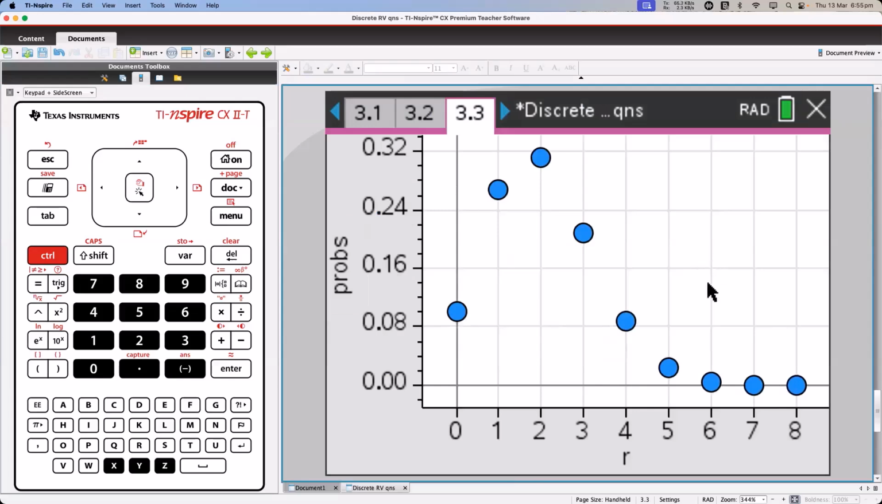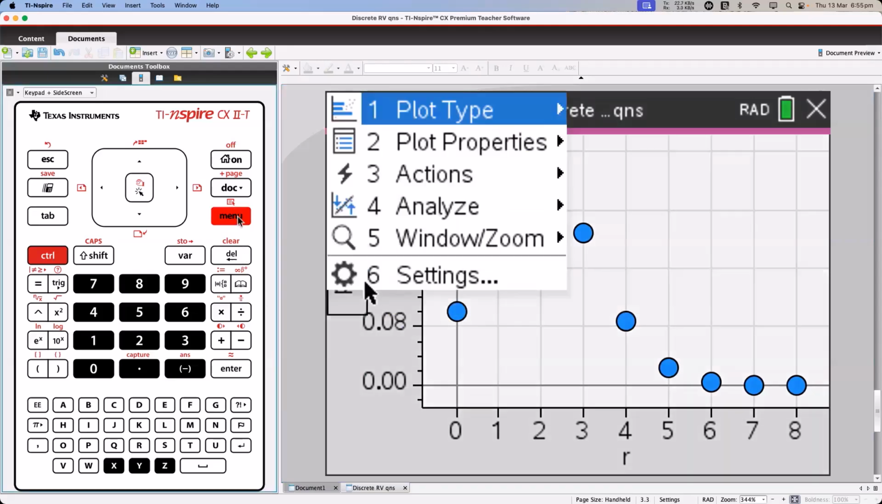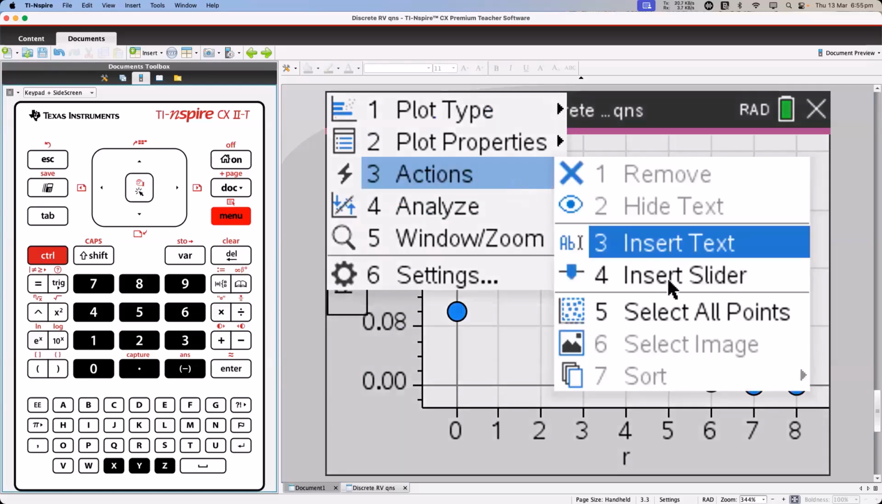And so now I have a plot of the binomial probabilities for the r values in the scenario defined. So it would be nice if there was a way on the graph to modify it, maybe have a slider for the r value or a slider for the n value. So for the example, I think I'd like to do a slider for the n. So on this plot, if I press menu, actions, insert slider,